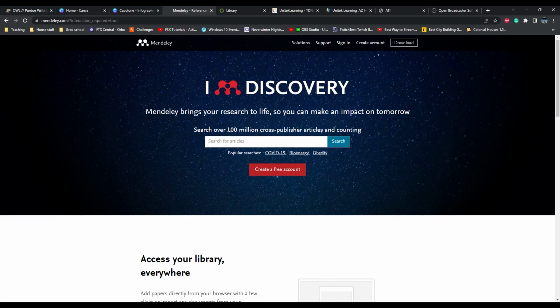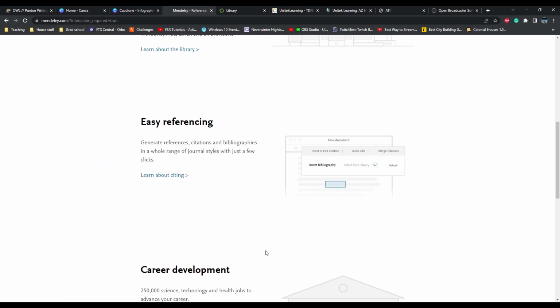I'm not sure how to pronounce it exactly, but this is a tool that helps you keep track of research sources. So obviously this has a very niche use case for specific research and writing projects, but if you are looking to keep your citations and sources organized, Mendeley has a really good method of doing that. I'm not going to go through that. I mentioned that more in another video, but